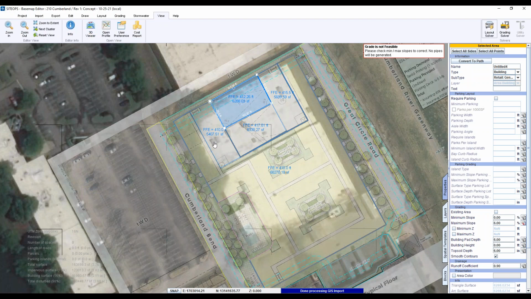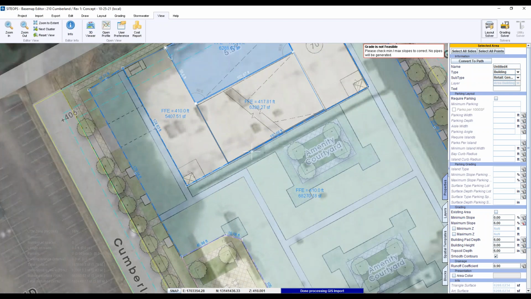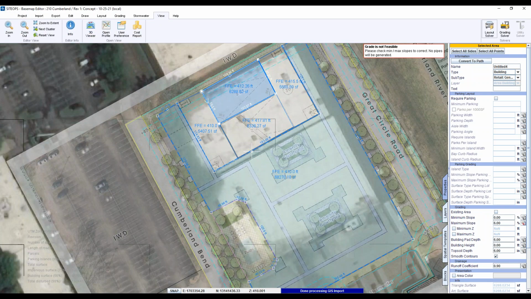Okay, thinking of how much information Site Ops provided versus what you hard coded in, you said you had been working on the project, and then you got the change order saying there's a flood elevation and you have to raise the building pad. So you set that building pad at 410. Then you went back and adjusted the parking decks too?